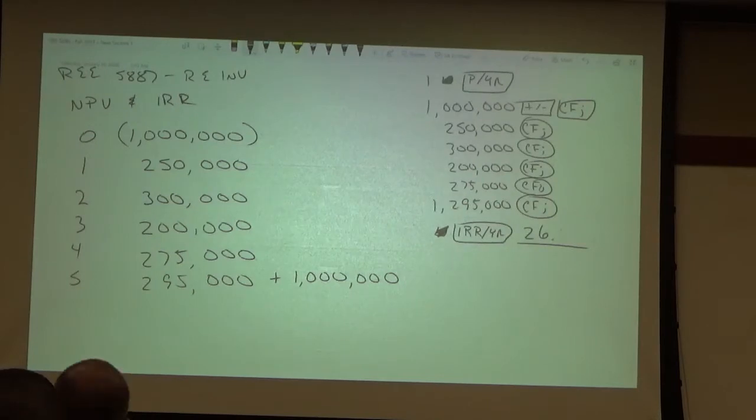So we get 26.16 rounded. Okay? Everybody good with that? Now, what does that number mean? Simply that on average, we're getting roughly an annualized return each of those 5 years of around 26%. Okay? Everybody cool with that? Now,